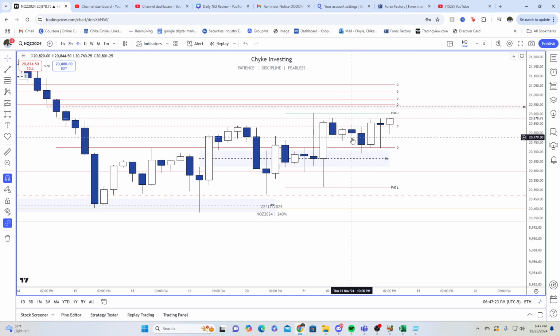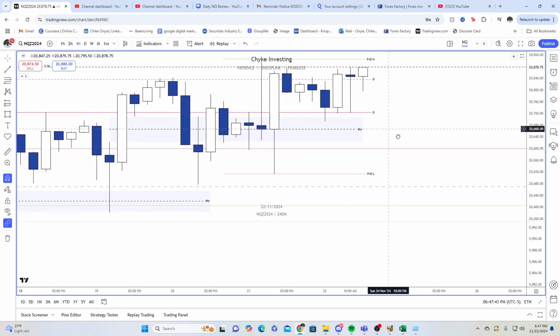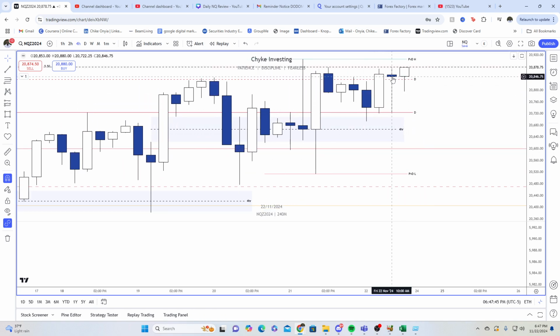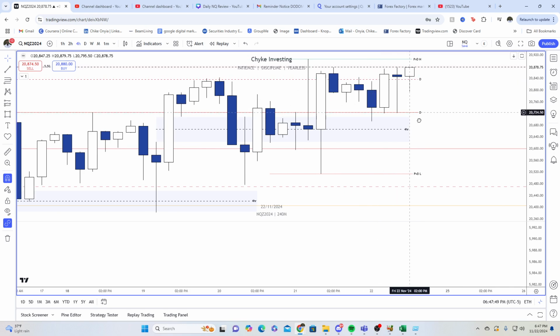But you can see we came back and tapped this 4-hour basically that we have been interacting with for a while this week. We tapped that in the London session, and then going into AM, we expanded higher. Did have a wick lower, but couldn't close below this bullish order block. Still respecting it, even though we closed below, which is why when you see heat coming like this in the 4-hour, you got to be mindful. Don't say to yourself, "Oh, or could we bearish now?" Like you got to be like, "Okay, well, it depends on how we close. If we close above the mean threshold of this, we're still bullish."